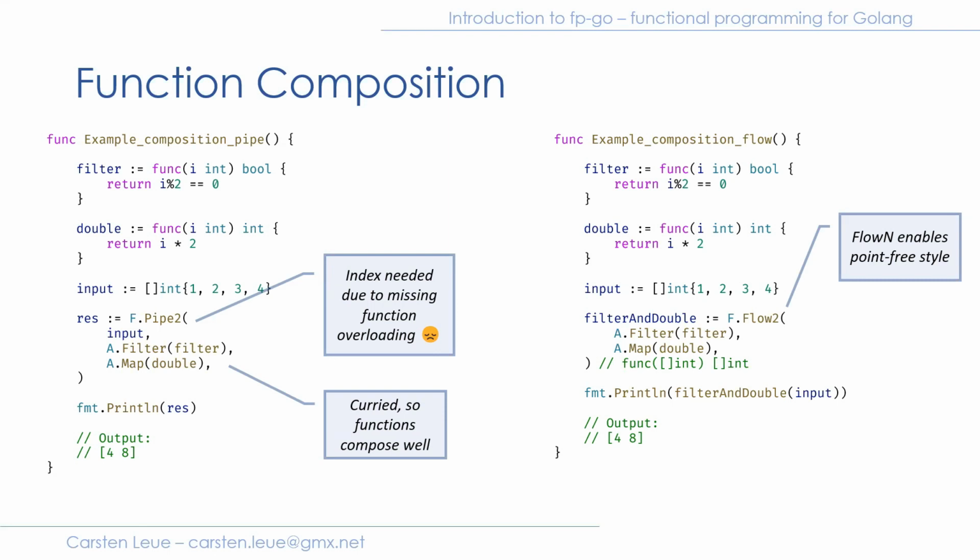We can also do the same without specifying the input value, which you can see on the right-hand side. And this is interesting for point-free style, where we try to write functions that do not have to explicitly specify a name of an input variable. It's basically just replacing a pipe function by a flow function and removing the first parameter. In this case, the result of the flow will be another function that takes the same input as the first operator and returns the same output as the last operator.